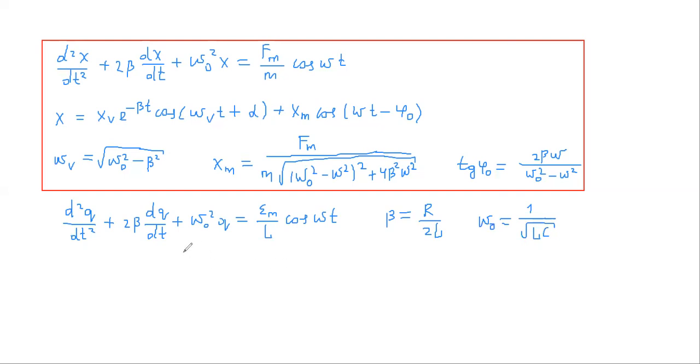And the solution is very similar. The solution is q is equal to Q0 multiplied by e to the power of minus beta t, cosine of omega v t plus alpha, plus qm cosine of omega t minus phi 0,